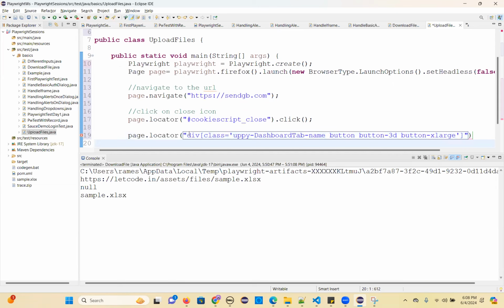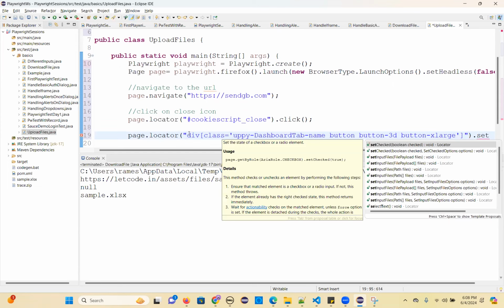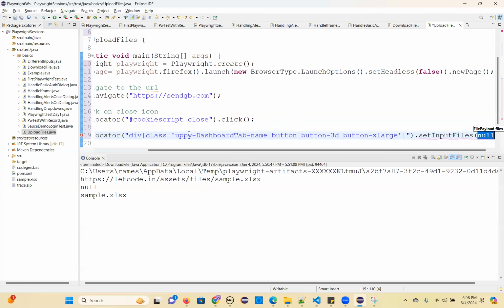As we already discussed, set input files, right? Set input files method, and then give the